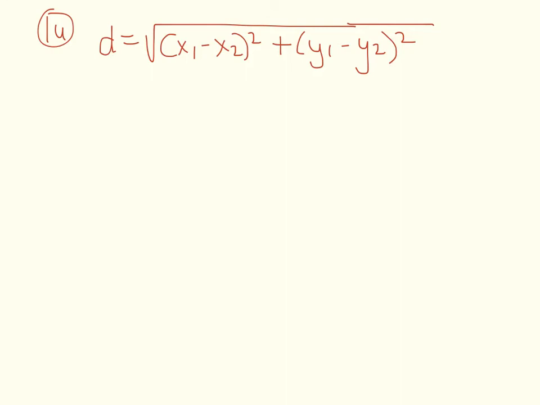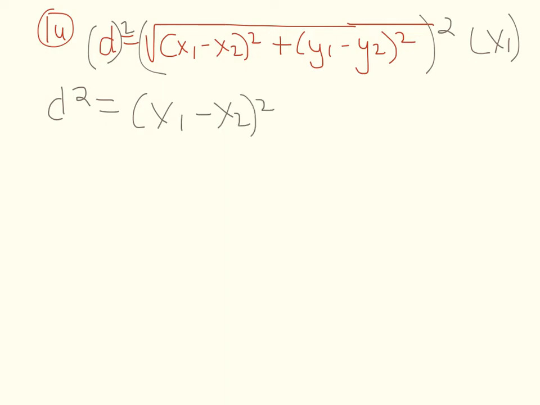So this is question 1D from our review, and we're actually solving for x1. So the first thing that we need to do is square root both sides to get rid of this square root. So I'm going to put each side to the exponent 2, because that will undo that square root sign. So our second line is d squared is equal to (x1 minus x2) squared plus (y1 minus